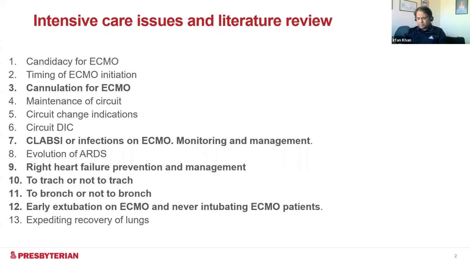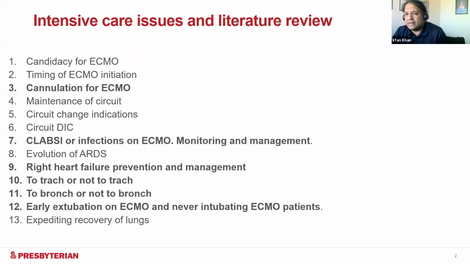Cannulation for ECMO itself, one of the things that we always discuss is what are the sites that are available to us and how can we optimize flows in these patients. I think placing somebody on ECMO, you can't have an afterthought that we should have done this or that. So we need to map the vessels, figure out what kind of configuration works best for the patient. We started off with north-south, and then we went to fem-fem sometimes. We've had BVA cannulations, and then lately we've done dual lumen cannulas with Protek Duo and all the other cannulas that are out there.